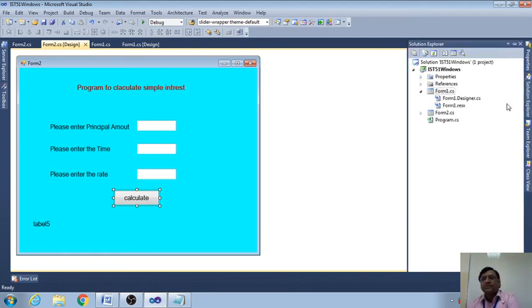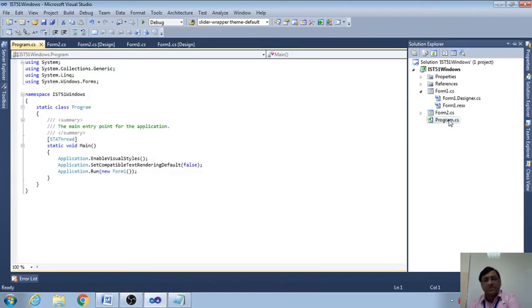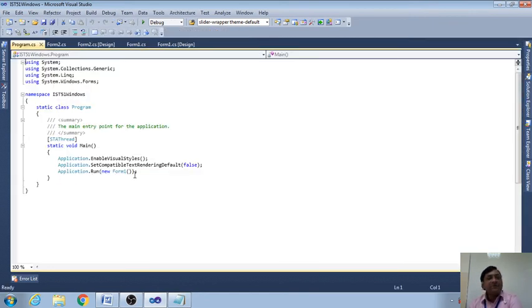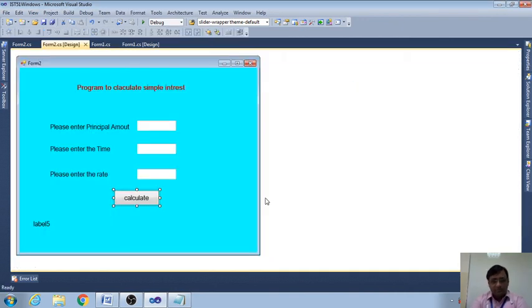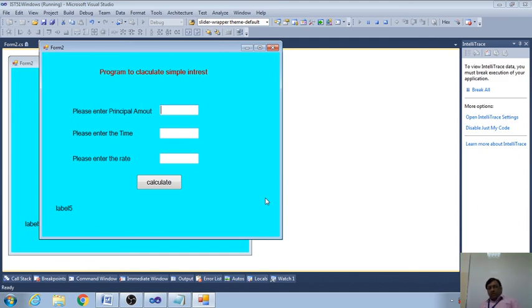Go to Solution Explorer, open Program.cs, and here we have Application.Run is Form1. I will make it Form2. And now close it, click yes and close it. Now if I run, my second page will run. So however many times I run our application, the second page will be available. Okay. So remember, in the Windows application, every time we need to change the start page if we are going to add a new page. If we are not going to add a new page, then no need to change.